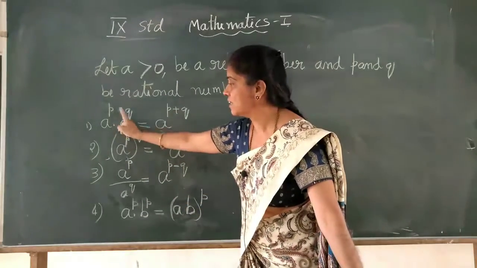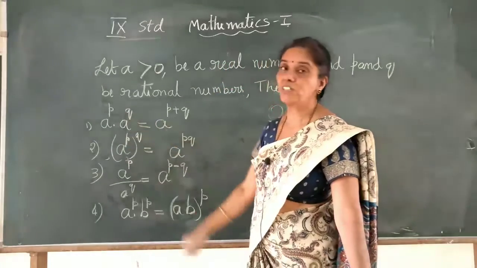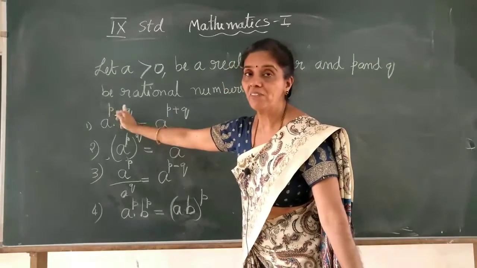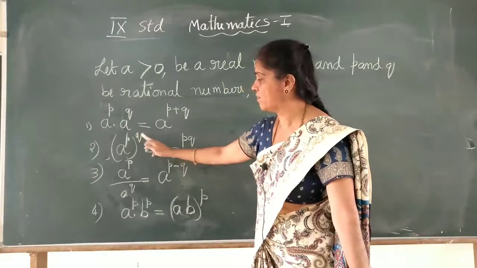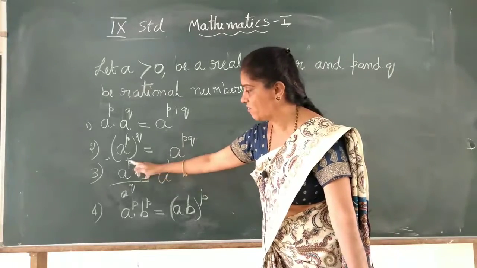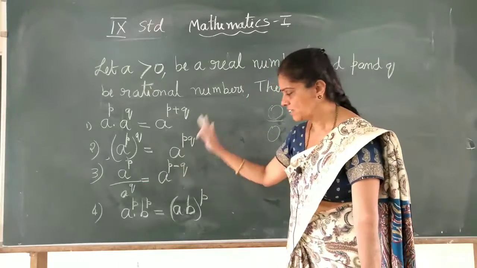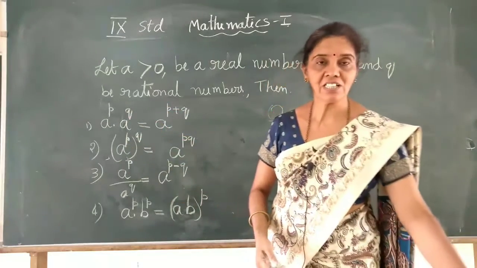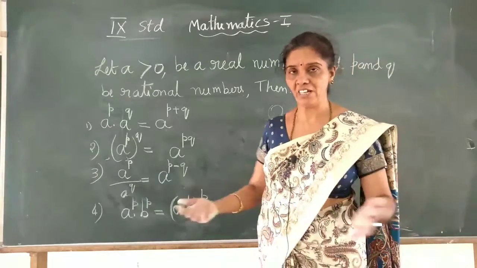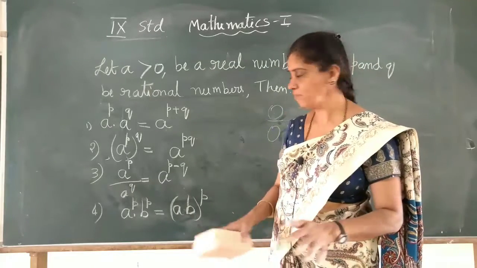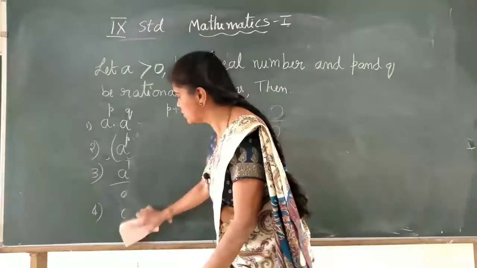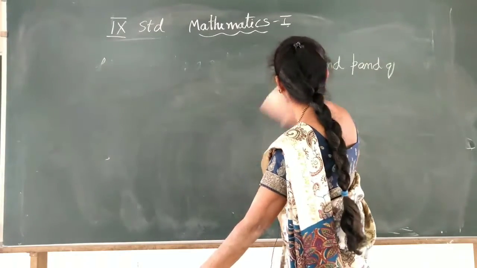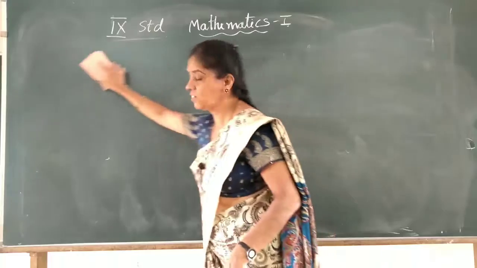When the base is same, if the exponential values you have to multiply, then you have to add the exponential powers. Then power of the power you should multiply, and if it is divided, then you have to subtract. It's one and the same rule, but p and q are not integers, they are rational numbers. We can apply here also, no problem. Now using the same laws which you have studied, we can do some example problems and then we will work out the exercise.